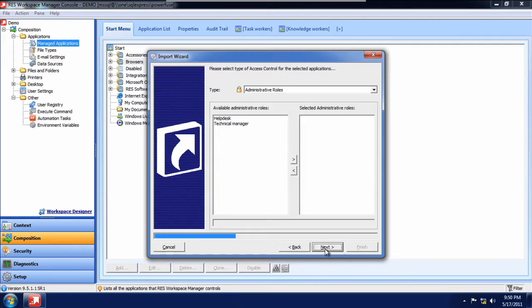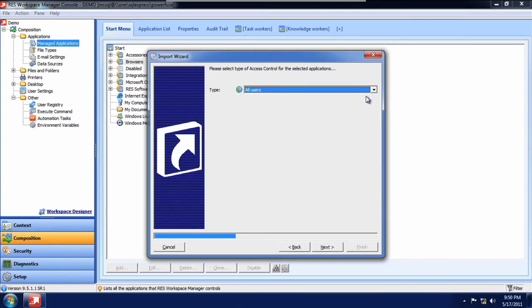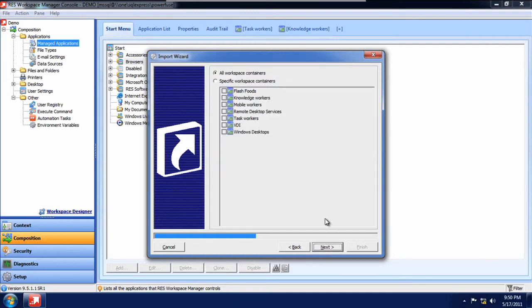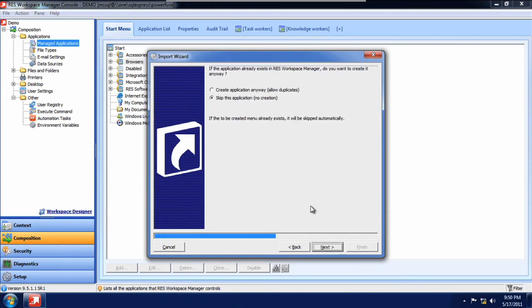On this window you can assign access control. By default it's set to administrative roles, but we're going to go ahead and hit the drop down and select all users. And click Next. Here we have an opportunity to select a workspace container, but we're going to select all workspace containers. And on this window, if there's already an application that exists, just like this, you can set it to allow duplicates or to skip. But since this is a new application, we're going to leave it as default and click